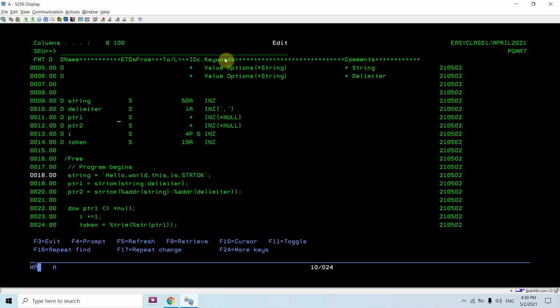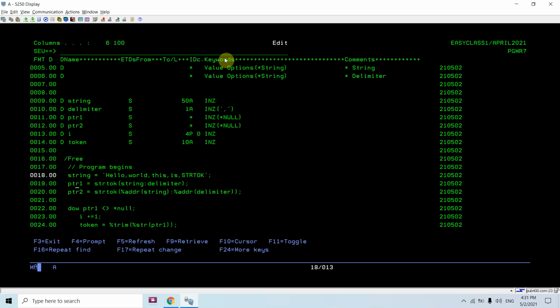Now I want this function to return the tokens, hello, world, this, is, strtok, either in my variable or in an array. We simply call this, passing the string and the delimiter, and it returns me a pointer. Whatever token there is gets returned, basically as a pointer.